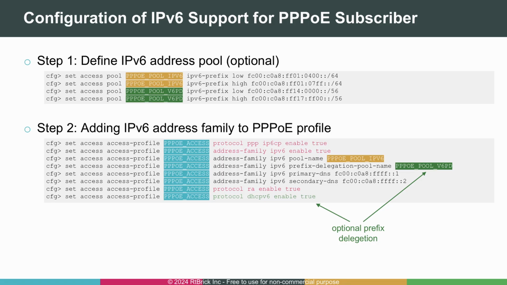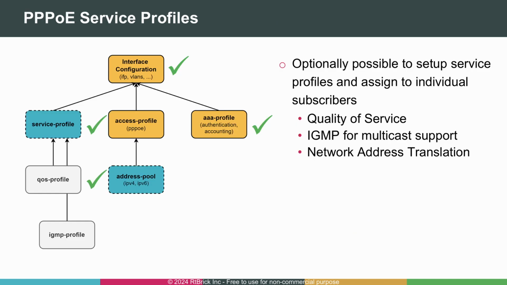To summarize, in contrast to IPv4, with IPv6 we need 2 address pools, one for the WAN links and one for the delegated prefix. In addition to activating the IPv6 address family and IPv6 CP, enabling the router advertisement protocol and DHCPv6 is also necessary. To conclude the section on configuring PPPoE and RBFS, we would like to briefly mention that